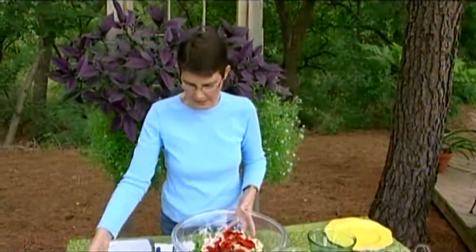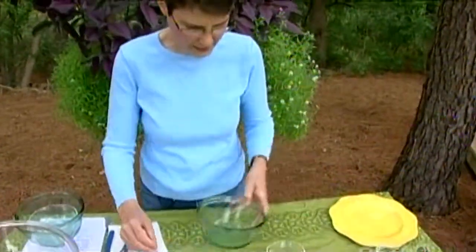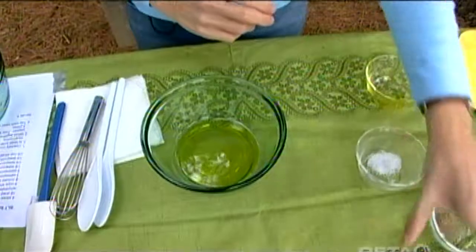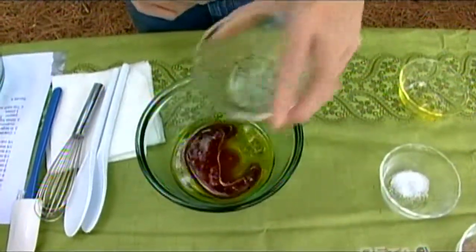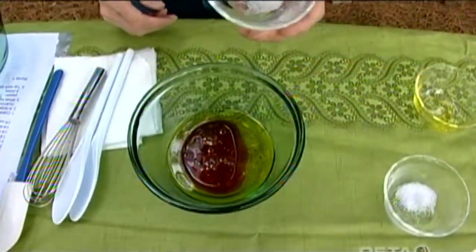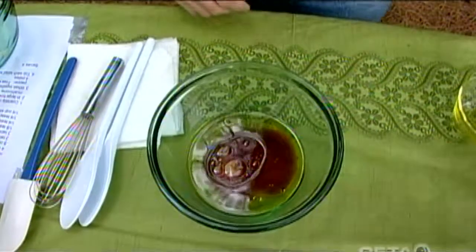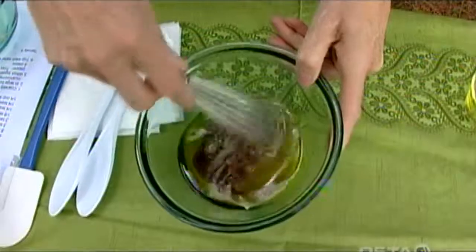Now we're just going to set that aside a little bit and start on the dressing for this. What we have for that is 3 tablespoons of olive oil and 3 tablespoons of red wine vinegar. And you could use another flavor if you chose to. The red wine vinegar tends to bring out a lot of that tomatoey flavor though, and it makes it really nice. I've got 1/8 of a teaspoon of sugar, 1/4 of a teaspoon of salt, and 1/4 of a teaspoon of black pepper. And we're just going to whisk those together a little bit